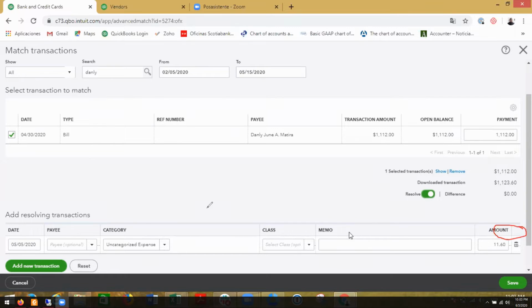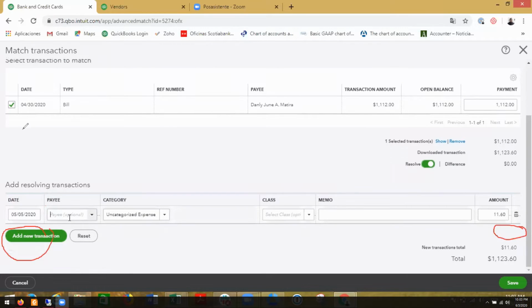Instead, we can go here, and the date of the bank fee transaction is definitely May 5th, but actually the bill date is this one. So the date of the bank fee is recorded on the date you are paying this. This is the difference, right? And you need to understand this. Okay, so from here,